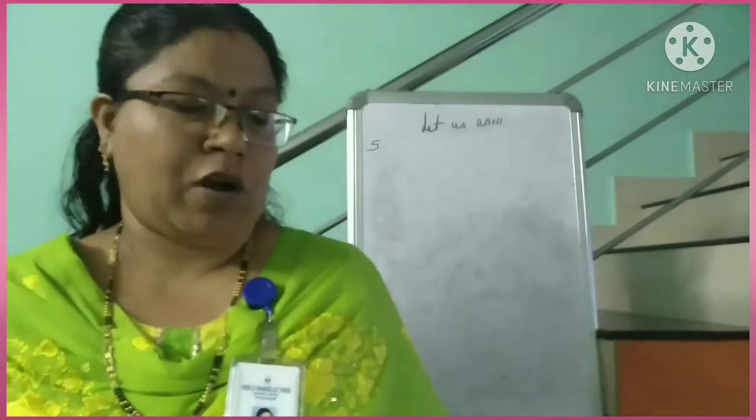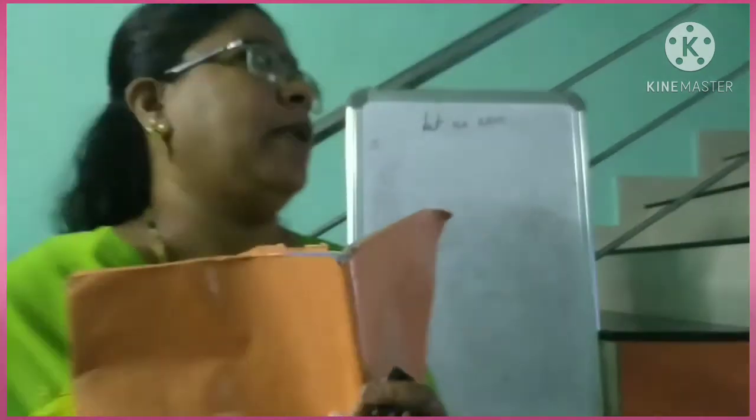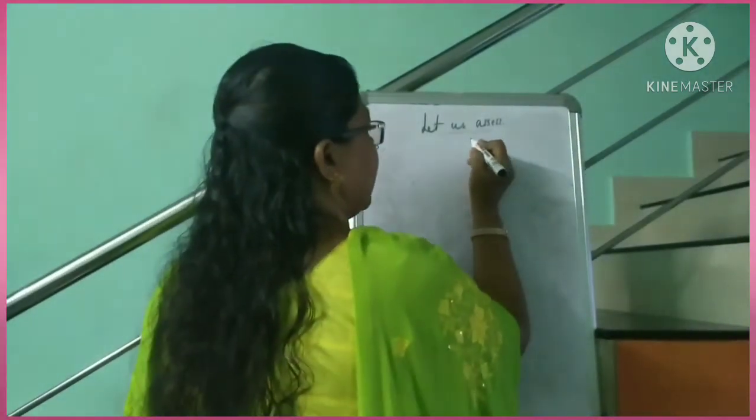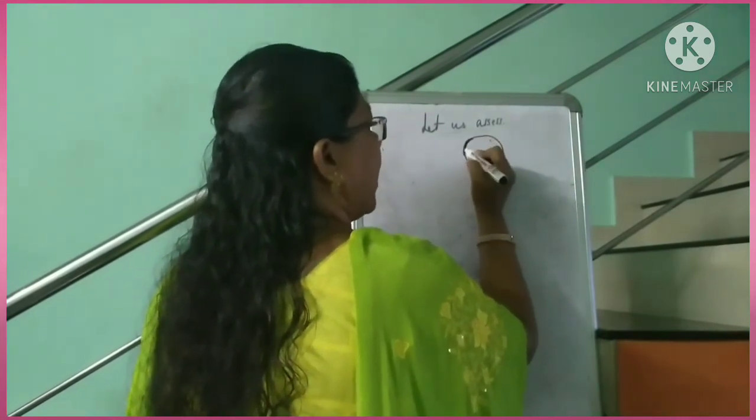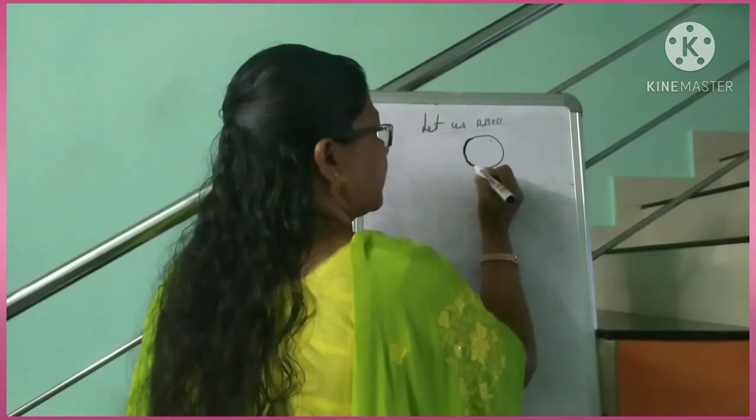Fifth question. Wrap a rubber ball of diameter 12 centimeter completely with an aluminium foil and make the surfaces smooth. Where will be the image of an object kept 12 centimeter away from the center of the ball? Is the image real or virtual? This is an interesting question. See, wrap a rubber ball with aluminium foil. So a rubber ball is taken and it is covered by aluminium foil like this.